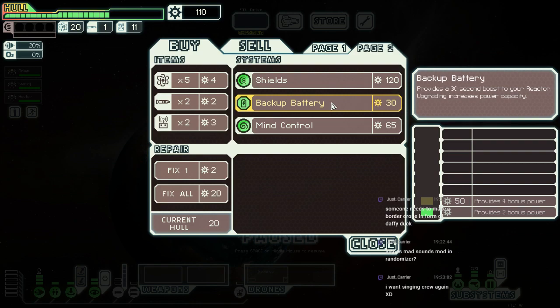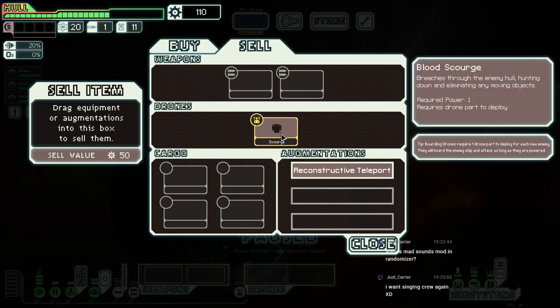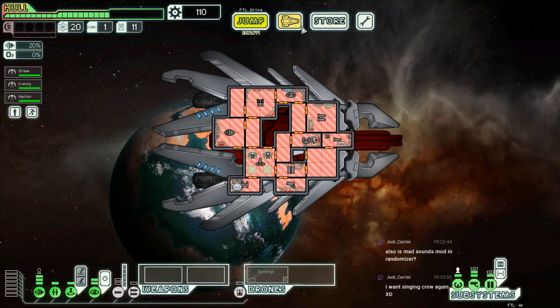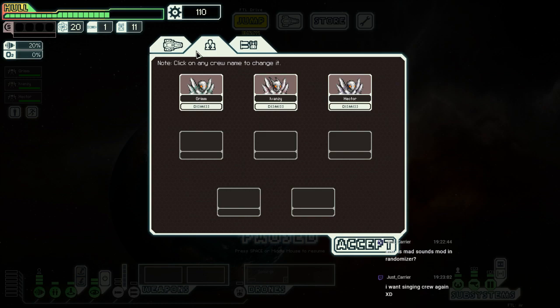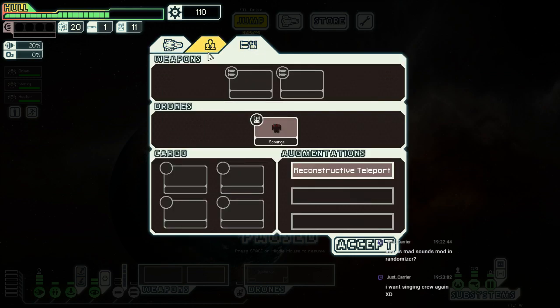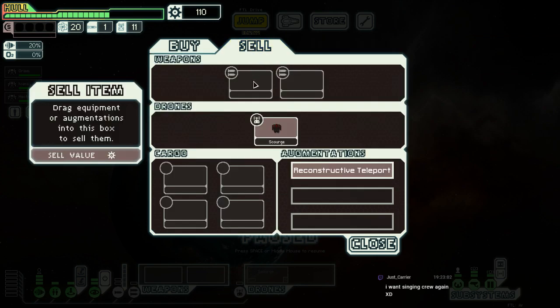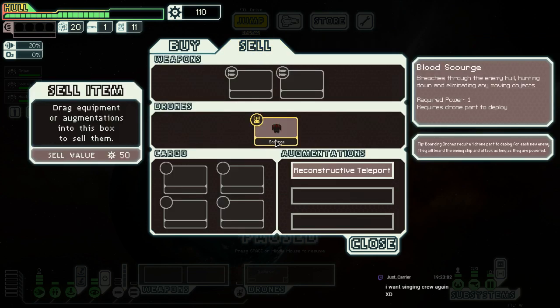Okay, so shields are an option, batteries an option, mind control's an option. Mind control's a pretty solid option. Is this store sticking around? Yes. Is it worth trying to get shields off of? Here to here, here to here, here to here. No. Well, we can't get back here is what I'm trying to get at. Should have sold some fuel, I guess. I mean, we're replacing this thing anyway, and if you have shields...